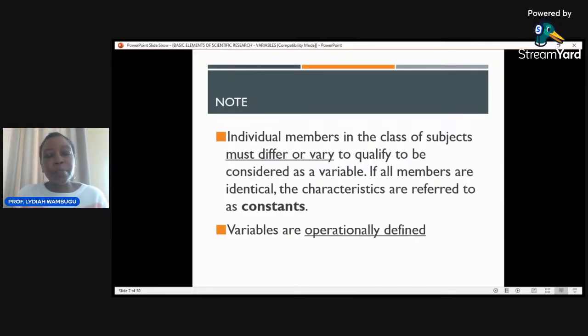This person will define the terms performance and institutional capacity operationally. That means how they are measuring it, not how it is in the dictionary or defined by somebody else. So if I was the one, I've not looked at the operational definition that the student has used. So we can talk about